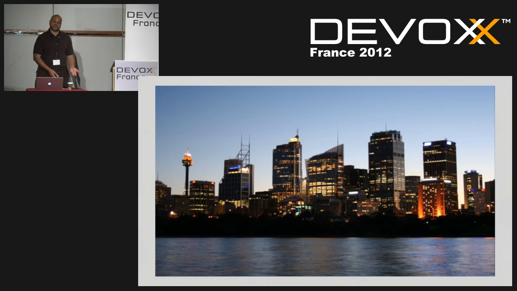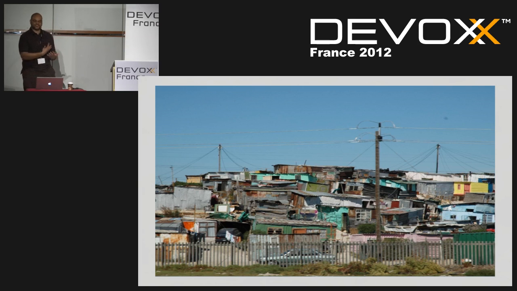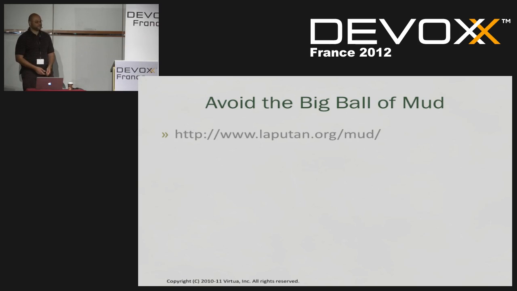and also make it easier to maintain, because an application that is attractive and well organized is easy to maintain. There's sewer systems, there's electricity infrastructure, all those sorts of things, which in a town like this isn't really around, right? So, number one thing to do is avoid the big ball of mud. Okay. So if you look up this URL, you'll find a long rambling description about what the big ball of mud is, but essentially,